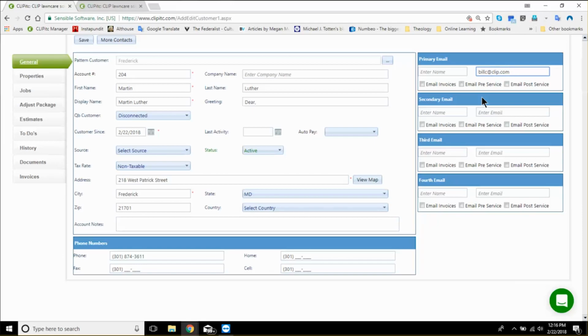Okay, very good. So within the job, let's say we'll go back to Martin Luther here. So let's say his lawn maintenance is actually a prepay. Well, you've got a couple different ways to set that up. So let's go back to under property. So we will say for Martin Luther,